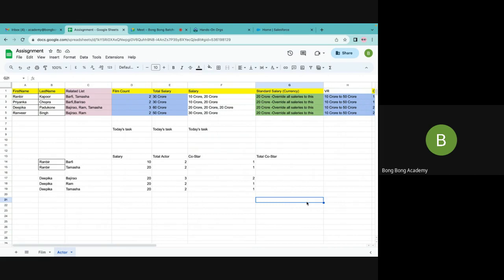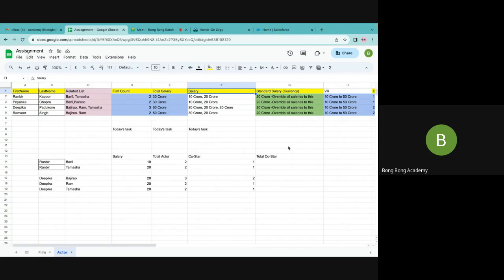So let me ask the negative answer. Why not in actor? Why can't I create this field in actor object? What will happen if I create this field in actor object? Sir, I can put only one salary in that. It will be consolidated, one, right? It will be like all movies put together. That will come. We'll create that, auto calculate that. That is the total salary. We'll come to that. I am saying that this salary field is the input field,